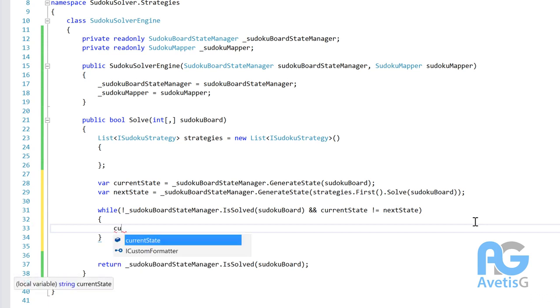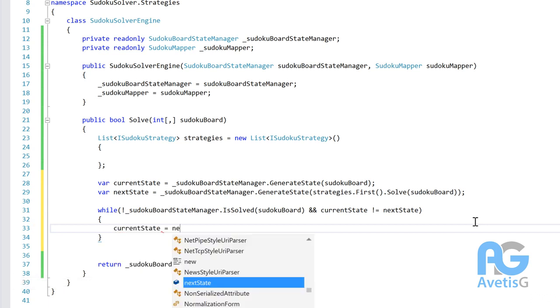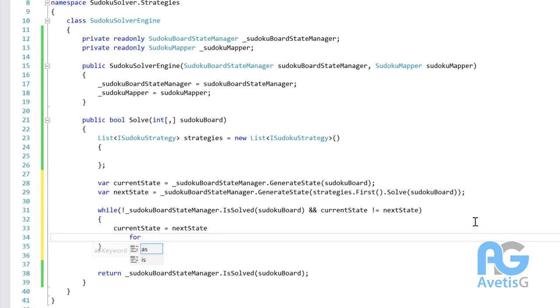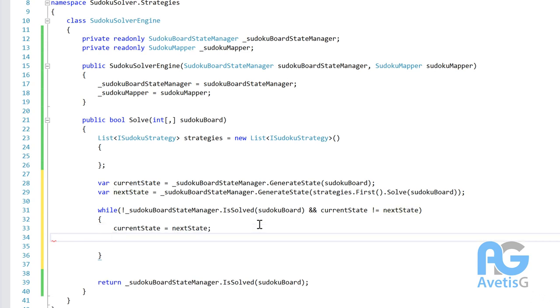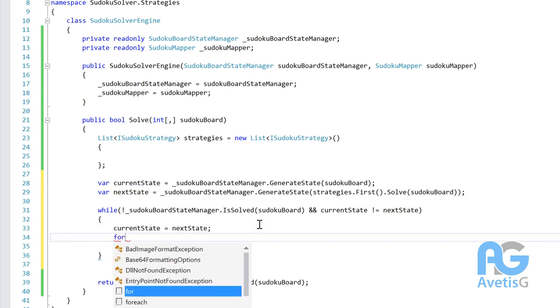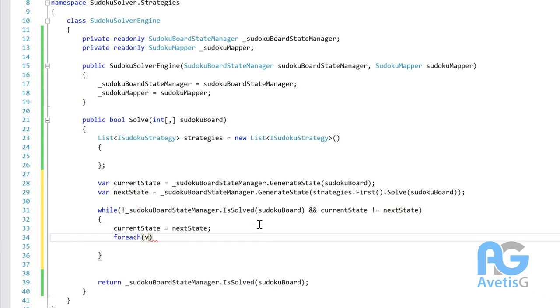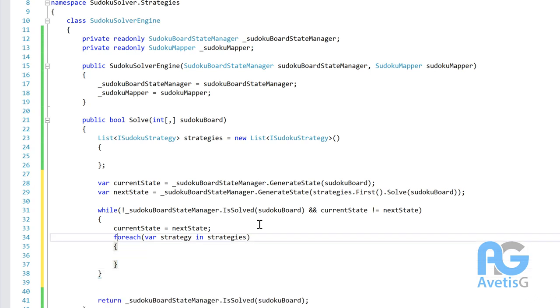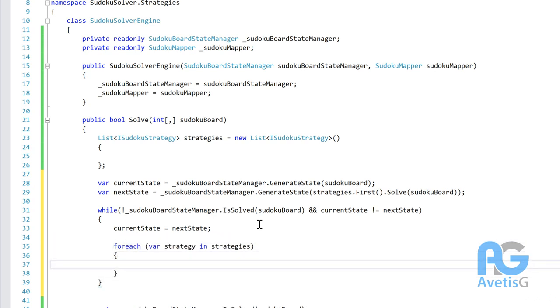Well, we're going to say current state is equal to the next state, and then for each, so we need to close this statement, for each var strategy in strategies, so we're going through all the strategies that we have in the list, we're going to say